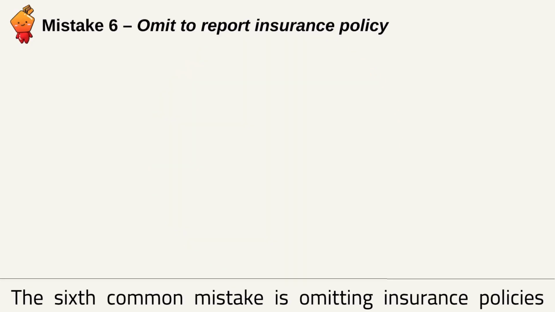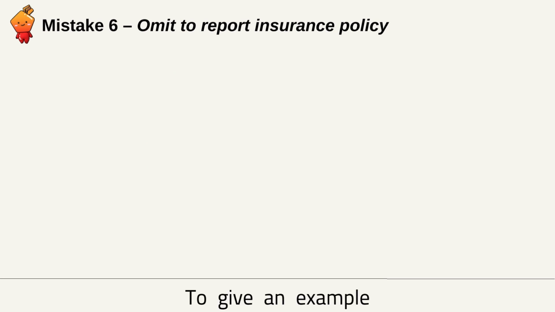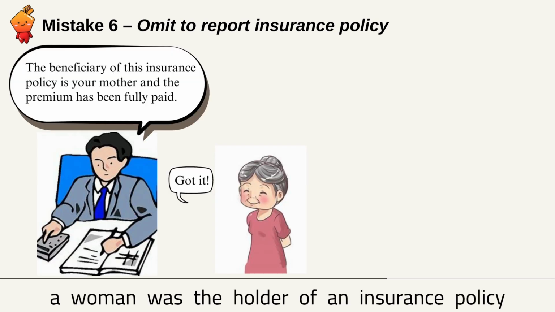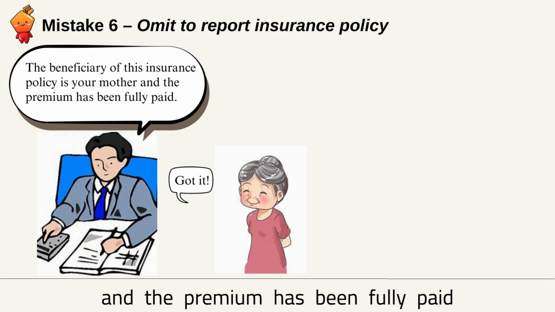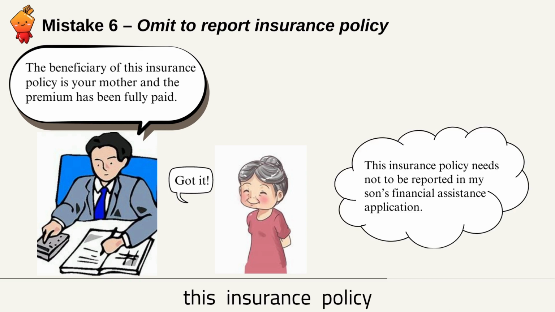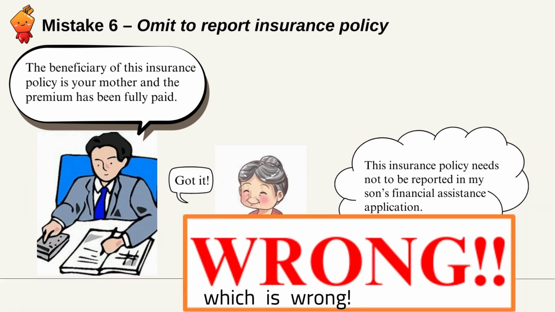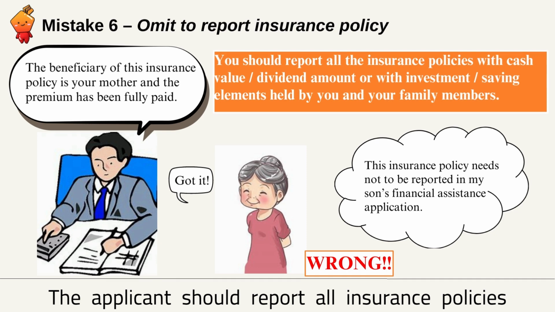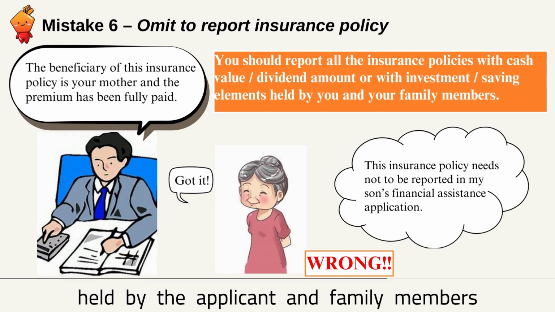The sixth common mistake is omitting insurance policies held by the applicant and family members. To give an example, a woman was the holder of an insurance policy. The beneficiary was her mother and the premium has been fully paid. She thought it was not necessary to report this insurance policy in her son's financial assistance application, which is wrong. The applicant should report all insurance policies with cash value, dividend, investment or saving elements held by the applicant and